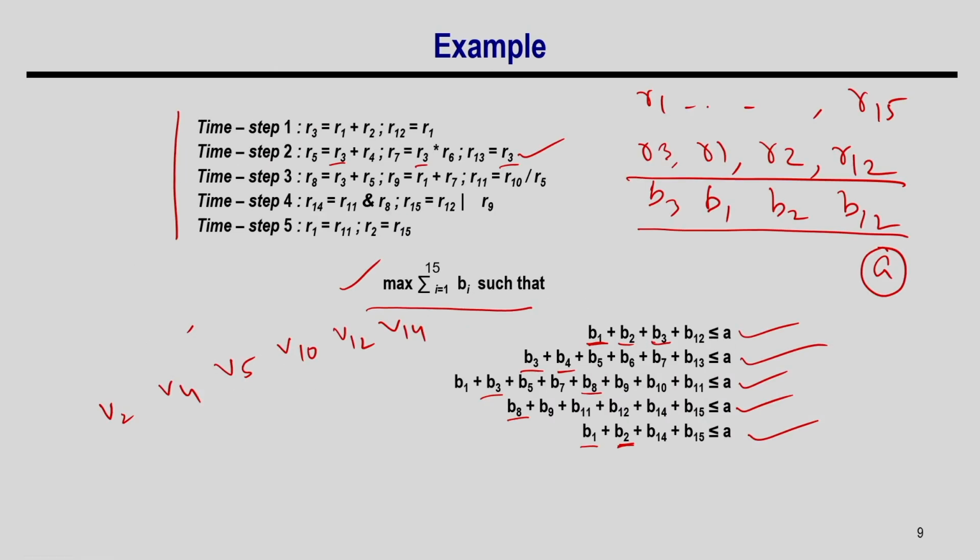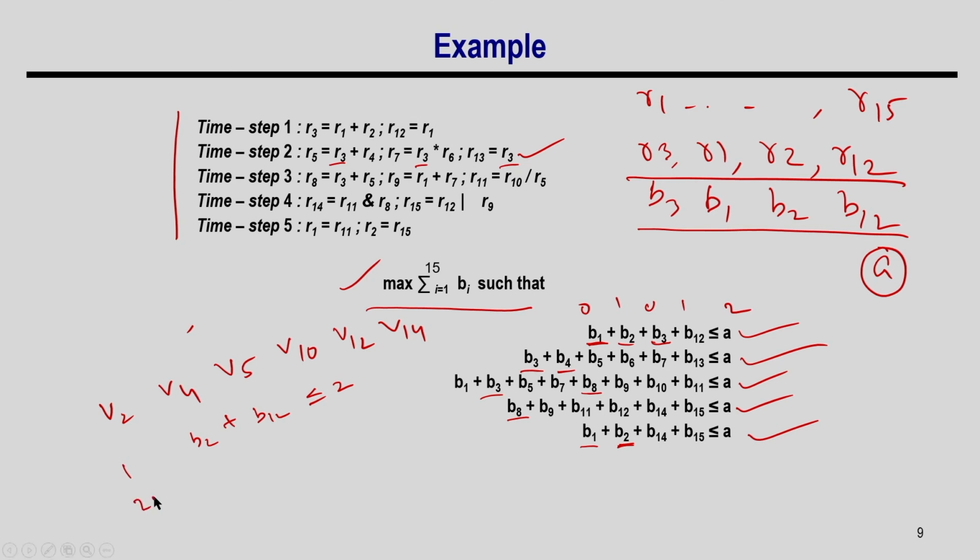Okay. And what I have to do is make sure that in each timestamp a maximum of 2 of them is getting access. If not, then this is not satisfying the constraint. So, let us see. In timestamp 1, I am getting access to B2 and B12, right. So, that means this plus this is greater than or equal to 2 and others are 0. This is 0, this is 1, this is 0, this is 1. So, it is less than or equal to 2, which is getting satisfied.